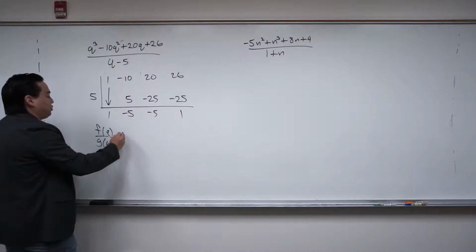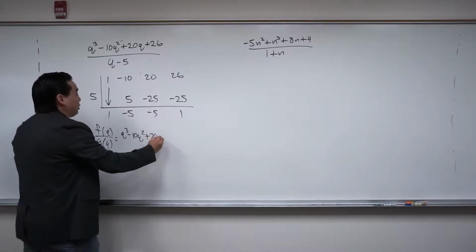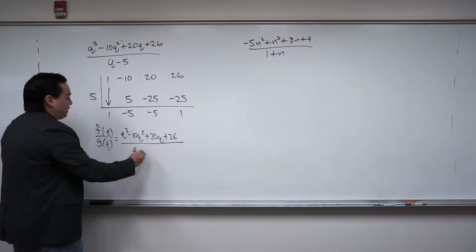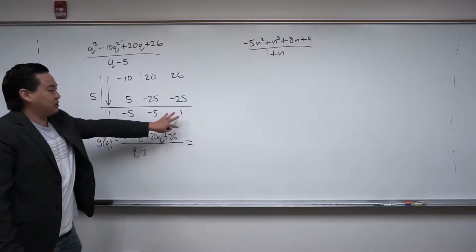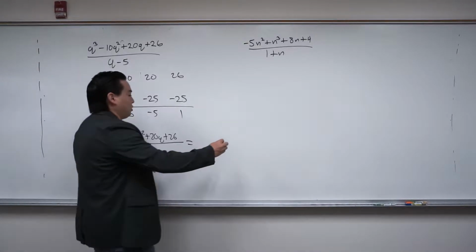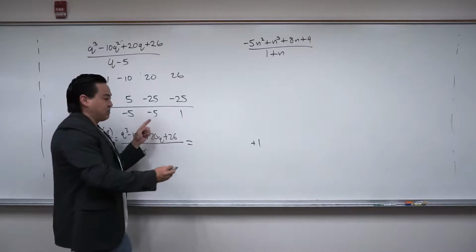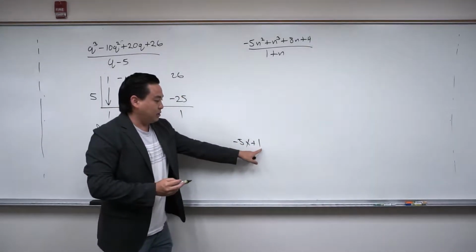What we have is q cubed minus 10q squared plus 20q plus 26, all divided by q minus 5. This is going to be equal to, and the way that I do it is I start from the right-hand side and then go up. So 1, this one is going to be minus 5, and then x. So it always goes remainder